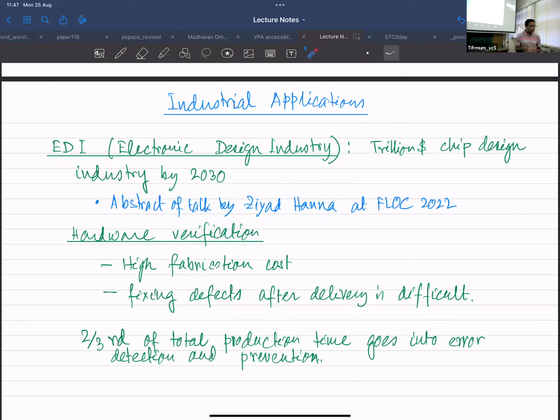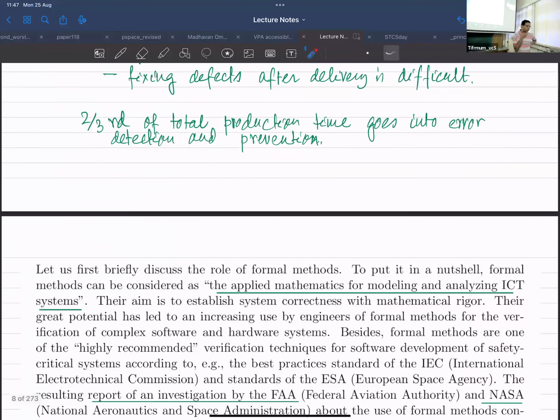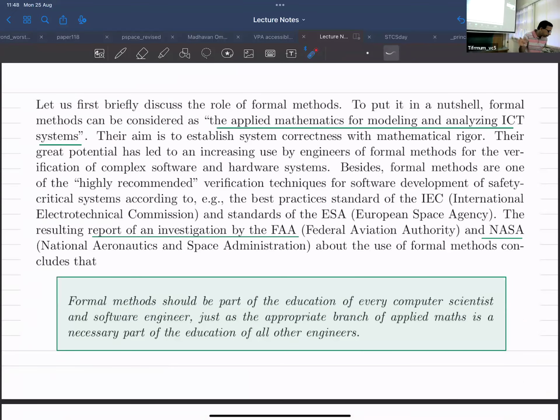And now, if you look at all these companies, for example, Cadence, Synopsys, and even Microsoft, they all have their own verification tools which they use to ensure that whatever they are producing is bug free. So this is something that I found just to motivate why formal methods is necessary, what's the importance of